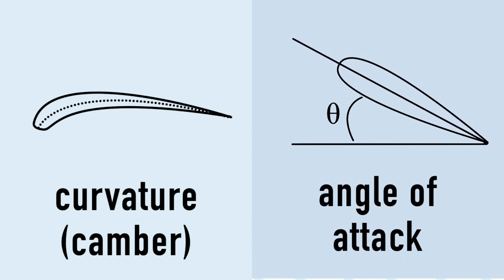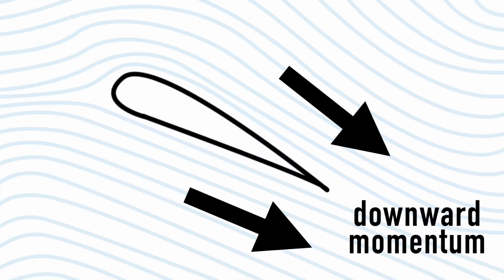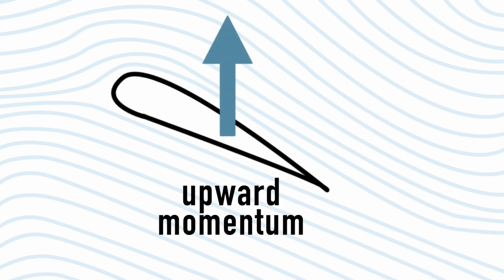A wing pushes air above and beneath it downward, either through its curvature or angle of attack. This push creates downward momentum on the air, and according to the conservation of momentum, there must be an upwards momentum against the wing to counteract it. This explanation might be different than what you've learned in school, as the reasoning of lift is still widely debated